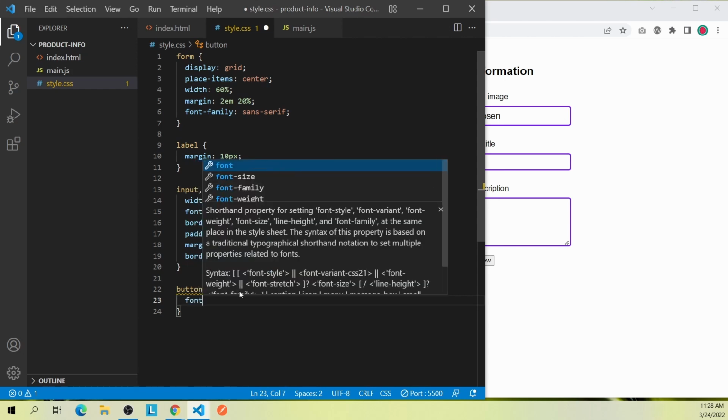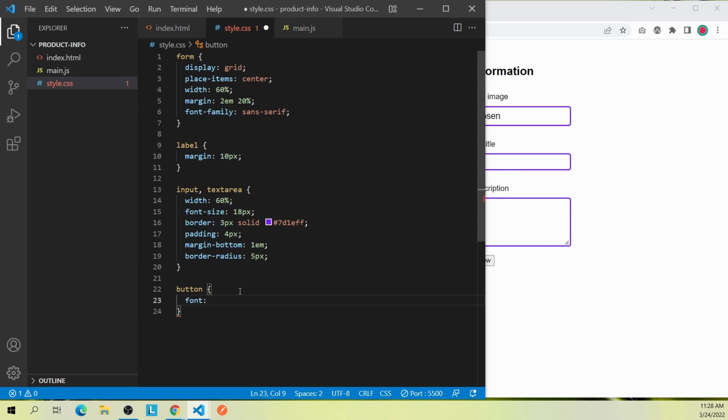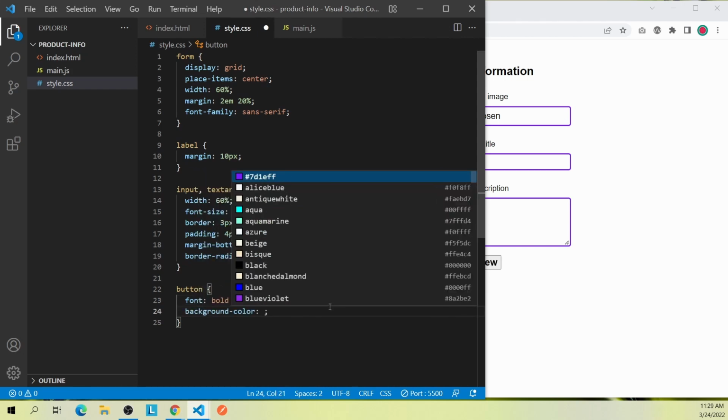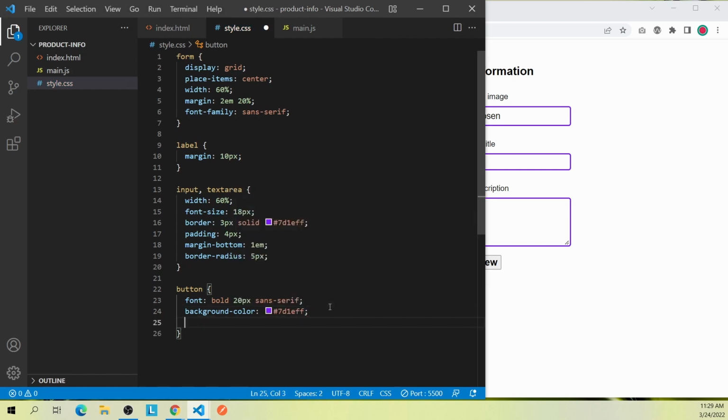So I'll say font, set the font weight, start with it, bold, and then the font size 20 pixel, and the font family serif, sans serif. Set the background to the same color, 70, and I'm gonna have some padding, 7px and 10px,